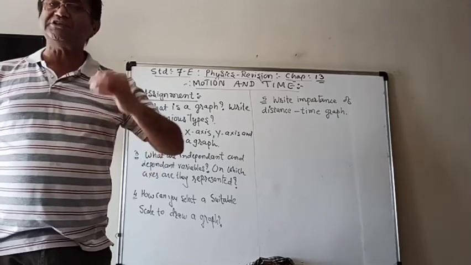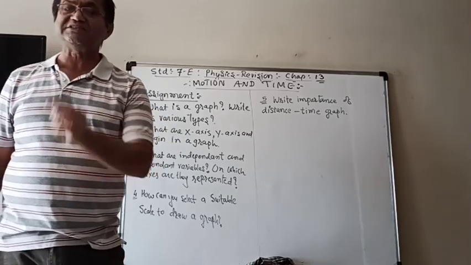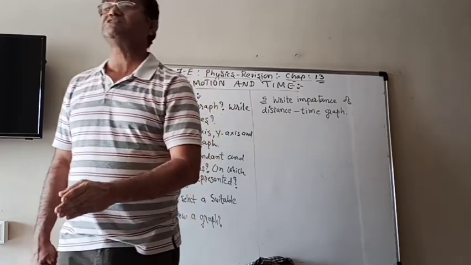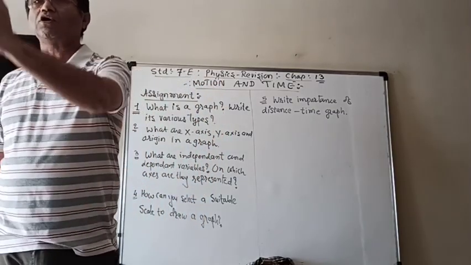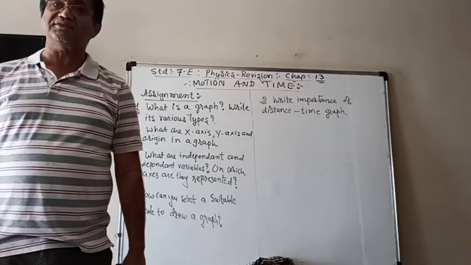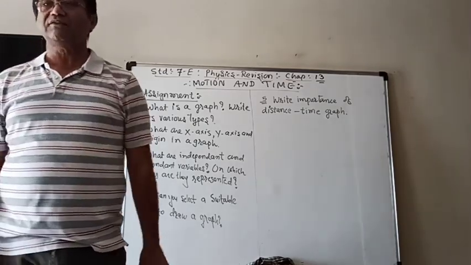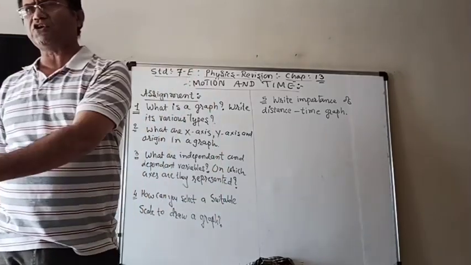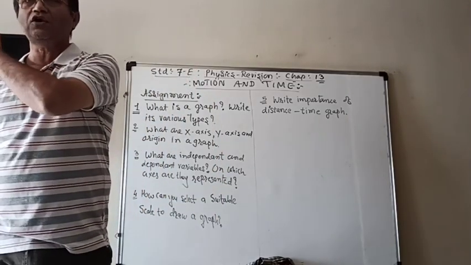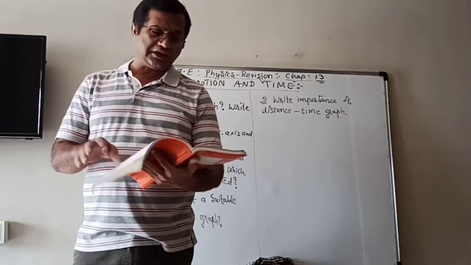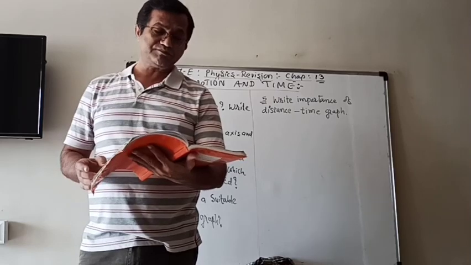And then after choosing the scale, check one by one, first 8 o'clock. At 8 o'clock, what was the distance? From 8 o'clock draw the height which will reach that distance on the y-axis and draw a bar. Similarly for 8:30, similarly for 9 o'clock, 9:30, 10 o'clock, and so on. That will represent the graph properly.